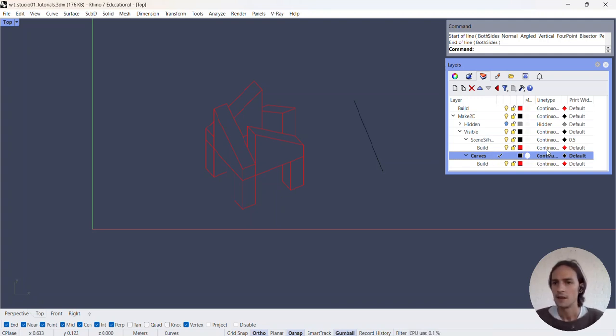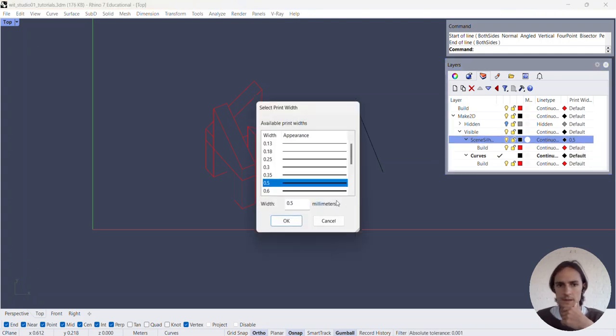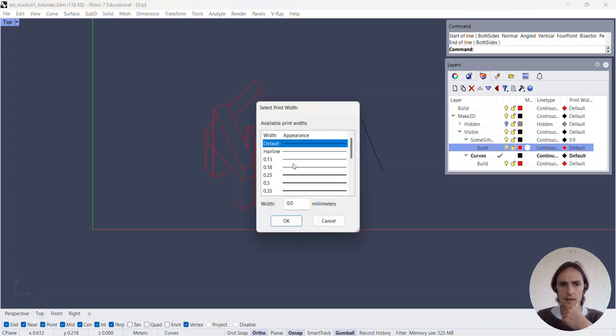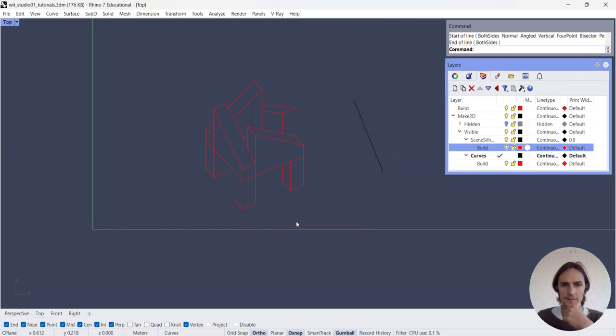And here in this column, we have the line type and the print width. This is the line weight. This is the most important one. So here we can see the scene silhouette is on 0.5, the hidden lines, everything else is default. So what we want to do is, let's try to bump the scene silhouette. This is where you would edit things to get it just how you want. Let's make the other red lines 0.18. I'm going to delete that, and I'm going to print